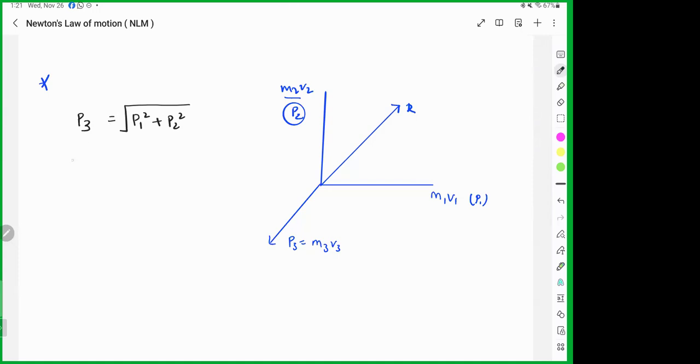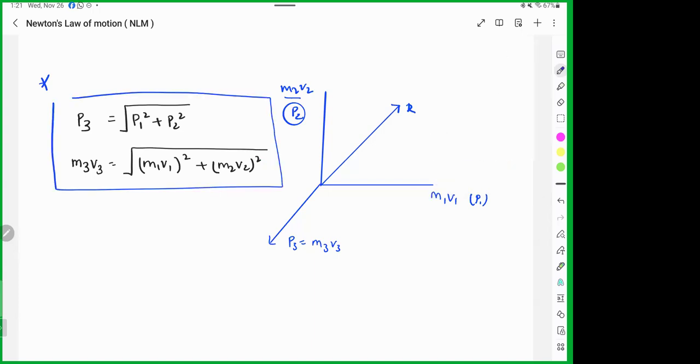It means M3 V3 will be equal to the under root of (m1 v1) whole square plus (m2 v2) whole square. To solve such a question, you can directly put the values in this. Okay. और ये कोई फॉर्मूला नहीं है, ये डिराइव